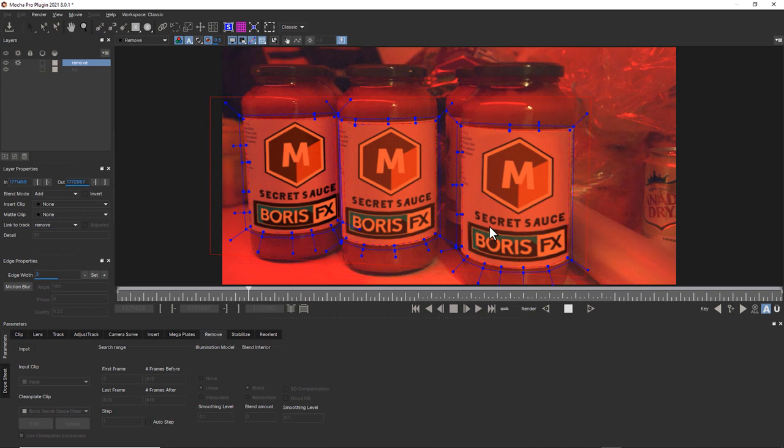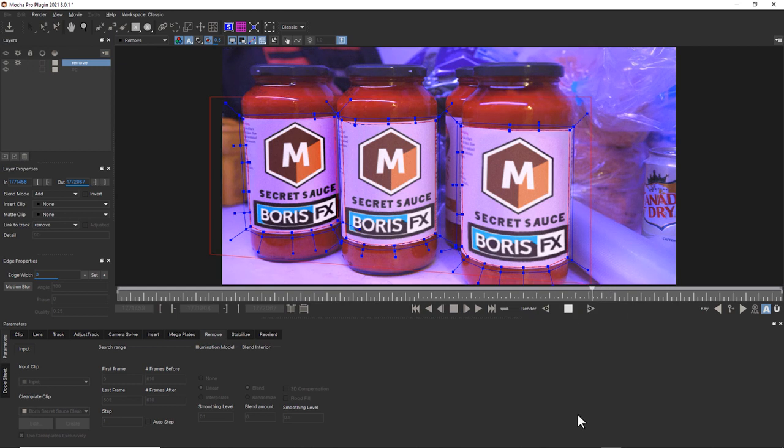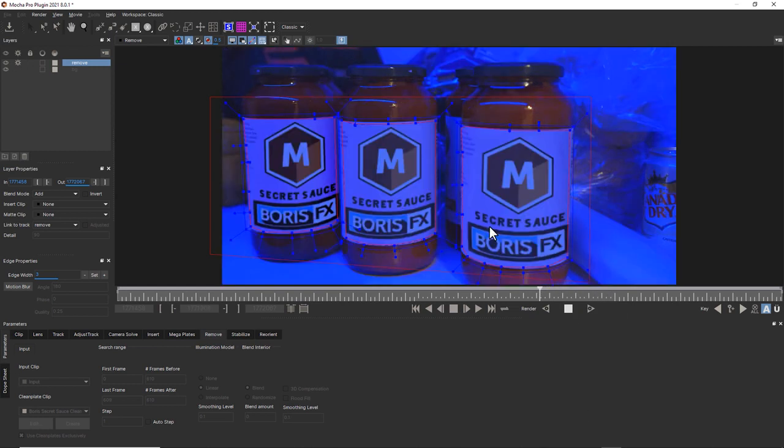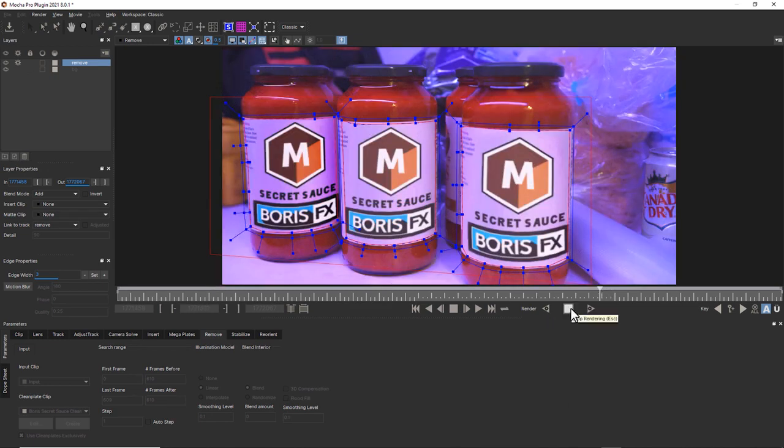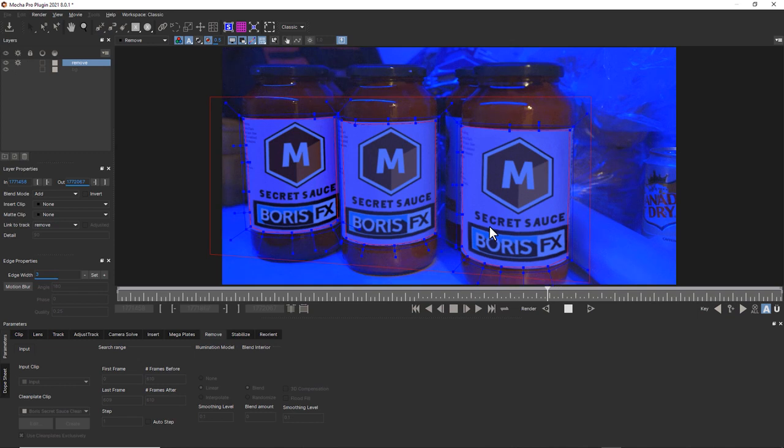So if you've got to patch in somebody's hair, or you've got to patch in pieces of water, things that move really complexly, a lot of times you can get away with doing a soft patch from a different part of the shot using Mocha roto and a simple offset. So don't feel like everything has to be a remove. If you're not used to doing paint and beauty work and you have Mocha as your hammer, everything is going to look like a nail. But Mocha is a Swiss Army knife, and use the tools in Mocha that are going to get the job done best for you.